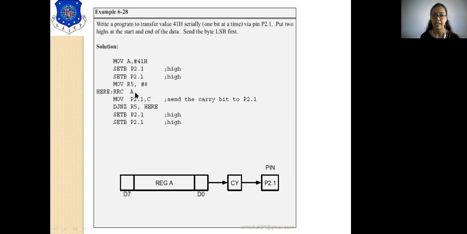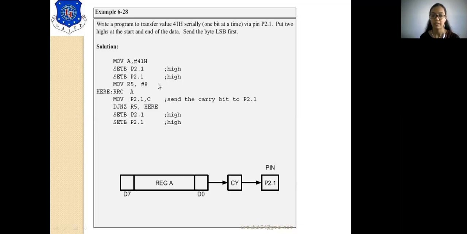RRC A: every time you rotate the accumulator by one bit, the LSB shifts to the carry flag, and that carry flag we load to pin 1 of port 2. Then decrement and jump until R5 is non-zero.